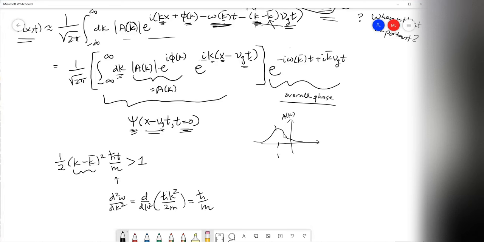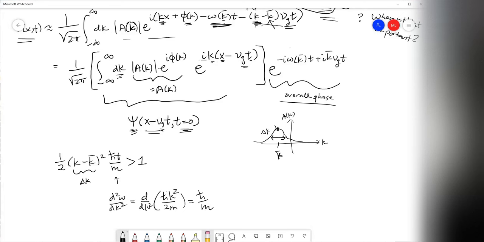The k bar is just going to be the initial value of this peak in k space. And we know that there's going to be some spread associated with it. And so the maximum value of this really is delta k. It's the spread of your